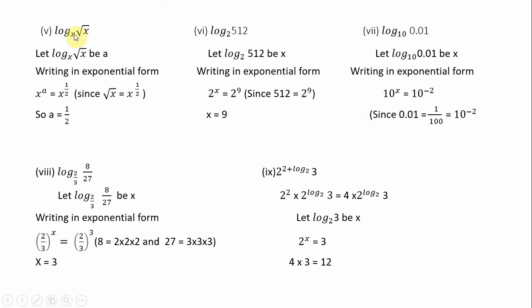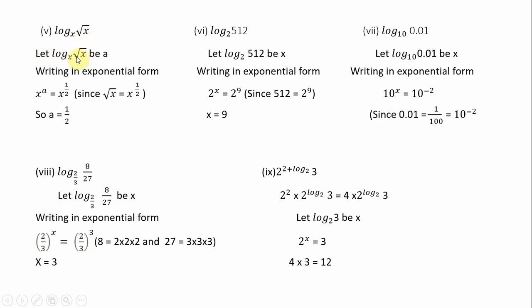Now coming to the next one. You have log root x base x. This is the sum given to you. Log root x base x. Now whatever is given, you will be assuming it as x only. But when the sum is with x, we will assume it as a. Understand, children? In the cases remaining where you are not given x, I have taken it as x. Where x itself is a variable, I have taken that as a.